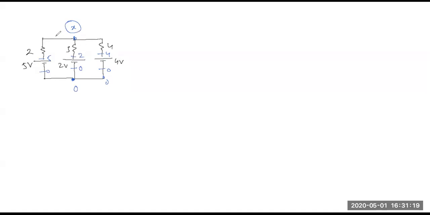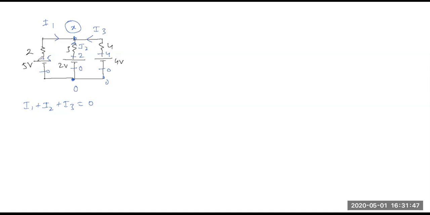So I'll assume all the currents to be inward. You can assume whatever you want, right? There is no compulsion. So I1, I2 and I3. And then I will say that I1 plus I2 plus I3 should be equal to 0. Now these may or may not be the actual directions of current. Since I don't know, I've chosen them arbitrarily. If I get a negative answer, that means I've taken the wrong direction. That's it.